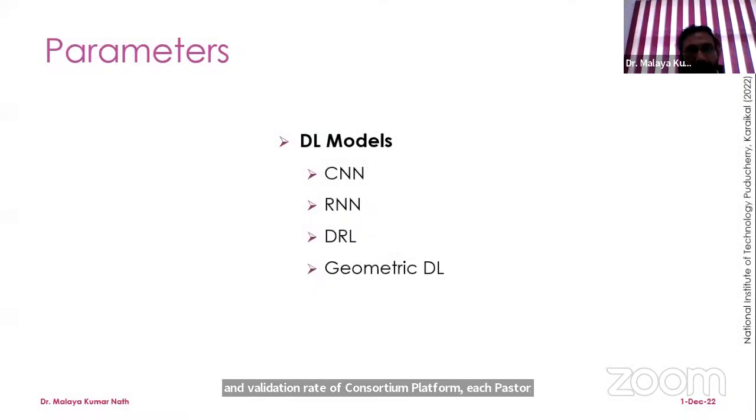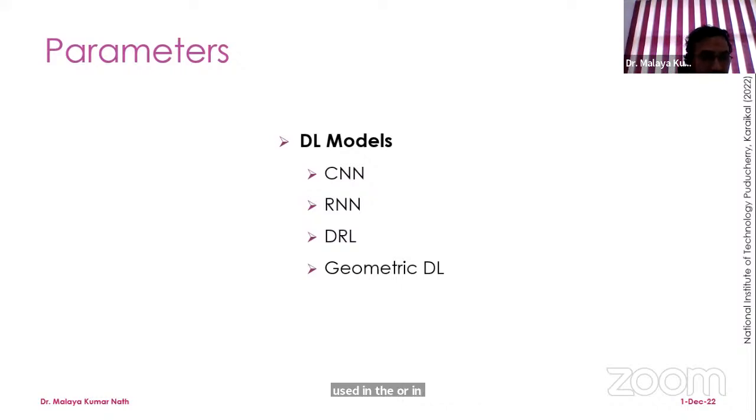Next, we have already discussed some of the parameters related to deep learning models. So blockchain can be used with certain deep learning models. In the previous class, we discussed different deep learning models such as convolutional neural network, recurrent neural network, DRL, that is deep reinforcement learning, and geometric DL. So just quickly, if we look into the convolutional neural network, which is popularly known as ConvNet, it is used for classification, and blockchain is used in